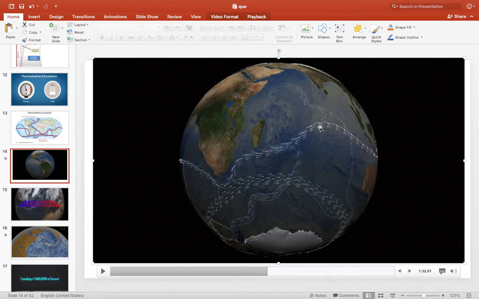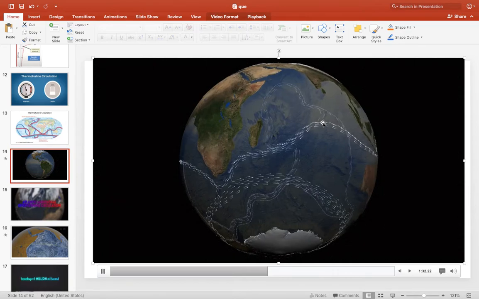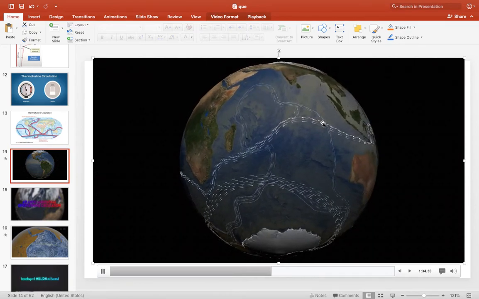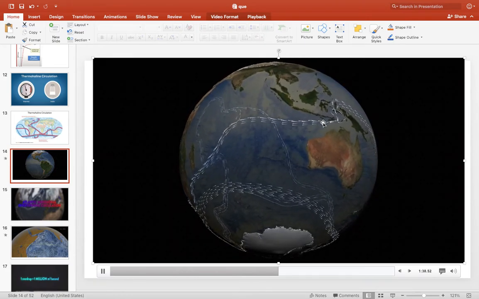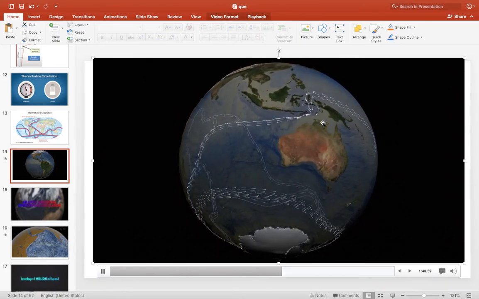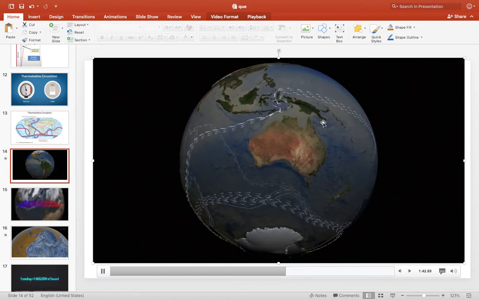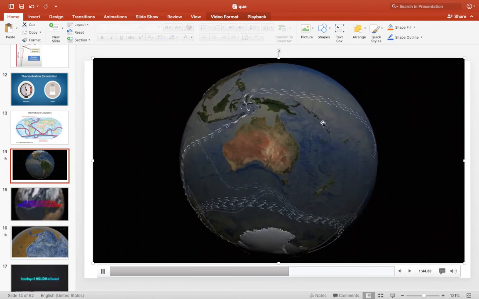Now upwelling is due to various reasons. Upwelling takes place when we have divergence, and in this region we have divergence. I will describe this. Whenever we have divergence in the open ocean, it will create upwelling. When we have convergence in the open ocean, it will create downwelling. Okay, so vertical mixing is important.